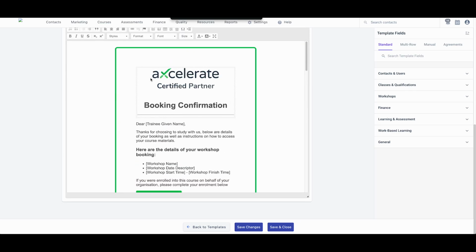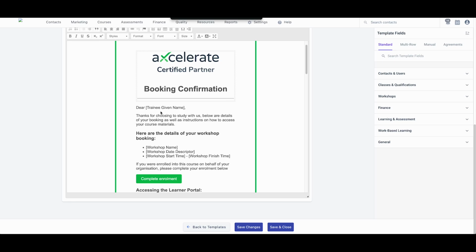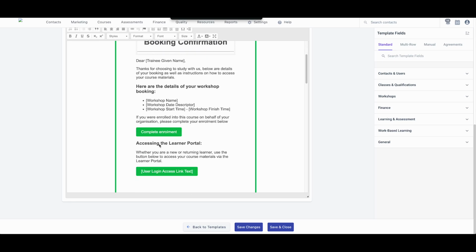Now, let's go through the email. Basically, it's confirming that the student has enrolled. It's got some of their information. And then it says here, if you were enrolled into this course on behalf of your organization, please complete your enrollment below. Now, this is optional. You can remove that entire area, but that basically will go to a post-enrollment form if you've got a two-stage